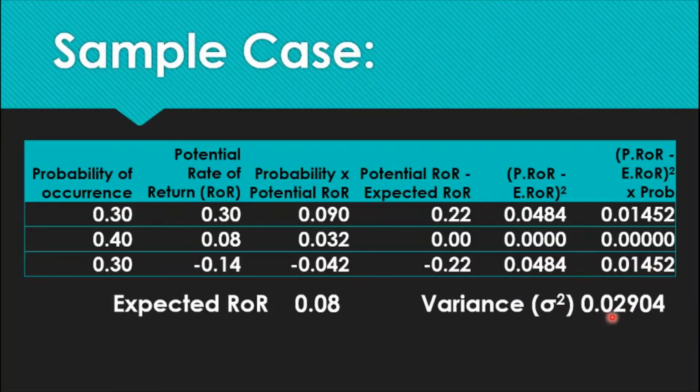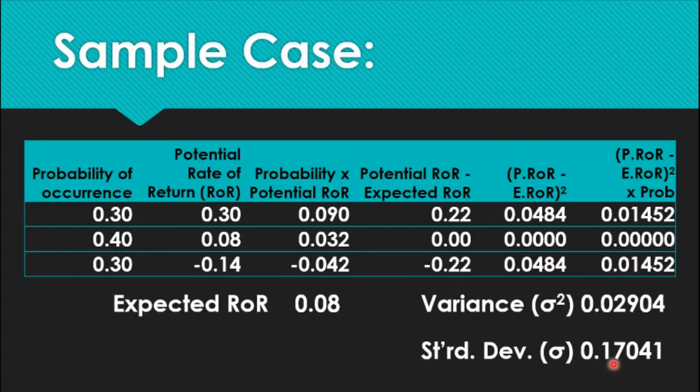So the average would be the sum of such. That's 0.02904. We call this the variance or the sigma squared. Its symbol is sigma squared. The variance is 0.02904. So to arrive at the standard deviation, remember that we have arbitrarily taken the square of each deviation. We should bring this back to its unsquared form. So let's take the square root, the standard deviation or sigma. That would be